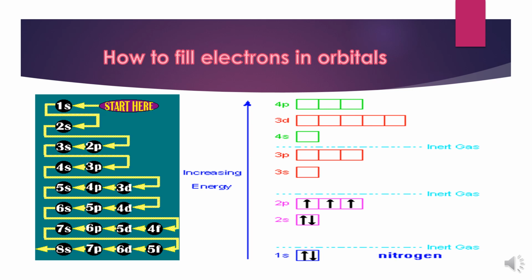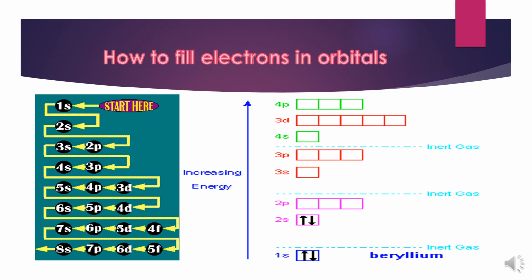Electrons occupy those orbitals which are lower in energy, and this energy order we have already discussed in Aufbau's principle. So according to Aufbau's principle, you can use this arrow diagram to learn. You need to fill according to the arrow; you need not cram that. Whenever you need to write an electronic configuration, just draw this Aufbau rule diagram in a corner, and you can see how electrons are to be filled. In 1s 2 electrons, then 2s 2 electrons, 3s 2, 2p 6 electrons.